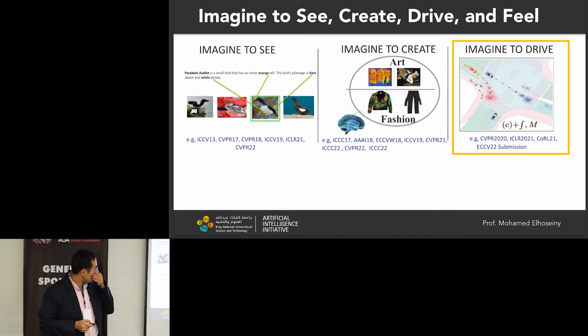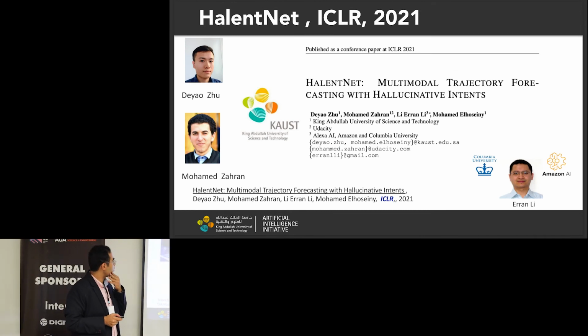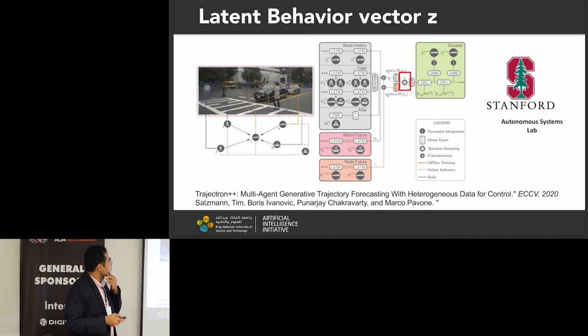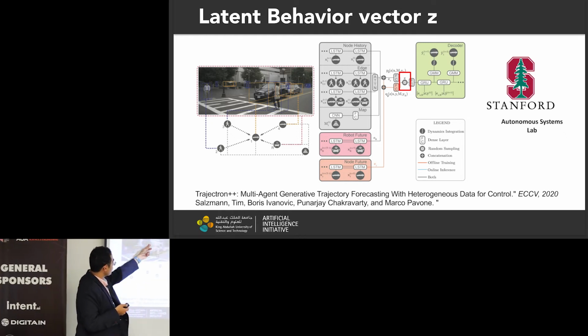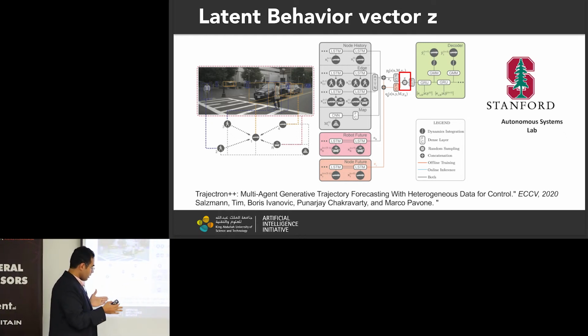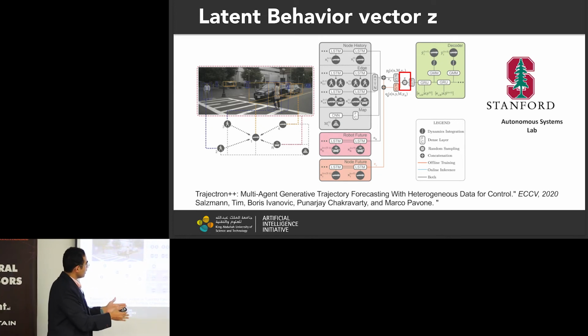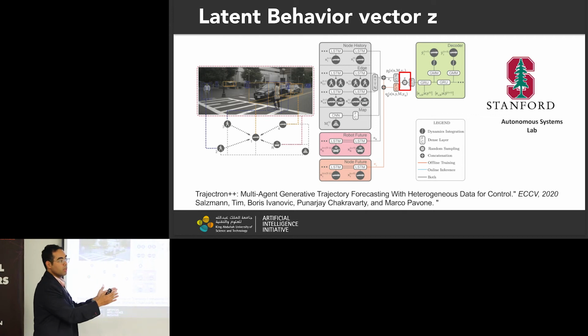Right. Driving. This is a small stop where we also show that this kind of hallucinative behavior can improve and augment the representation in the motion forecasting task, where you encode the history of an ego vehicle, the self-driving car, and the surrounding vehicles in a feature representation, and you want to predict the future of the car. At an intersection, the car has multiple possible futures: turning to the right, going straight, turning to the left, right?